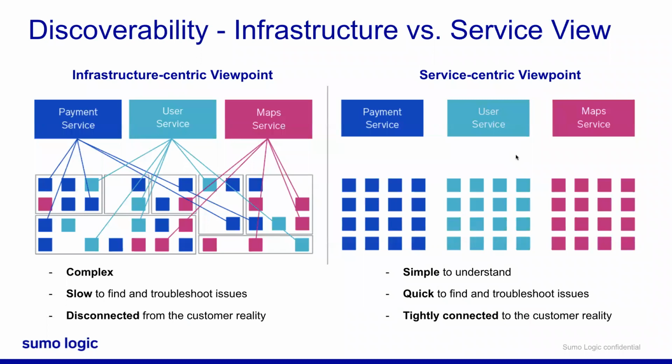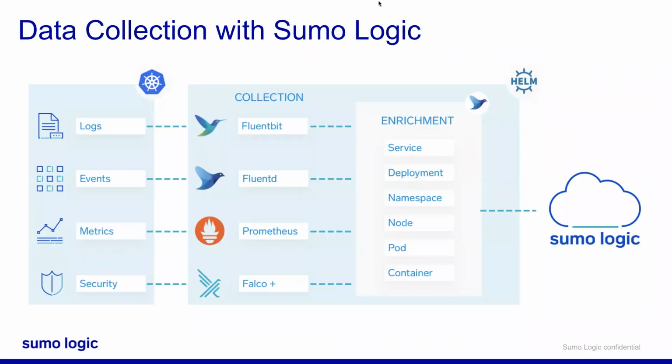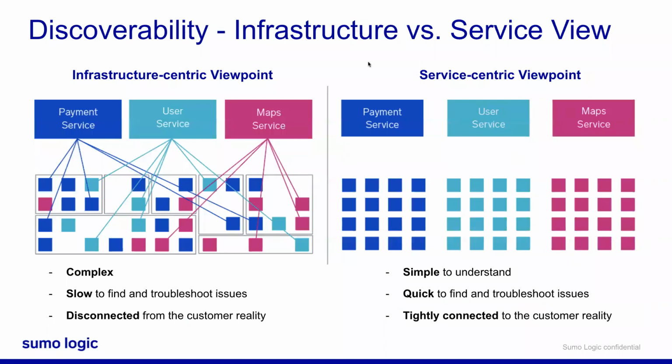And so this is what we talk about with discoverability. The important thing here is once you've installed that collection with the Helm chart, all of this can be deployed via a single line Helm chart command. Everything gets pulled down, and basically everything is auto-discovered. So when a new pod comes in, it's automatically known about. You don't need to manually do anything for that instrumentation to work. It's pulling those logs and metrics in automatically as everything comes in.